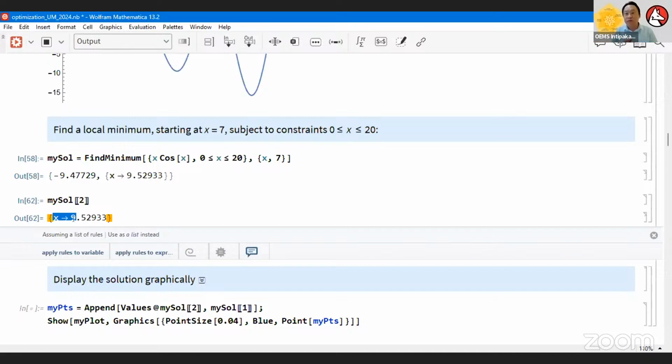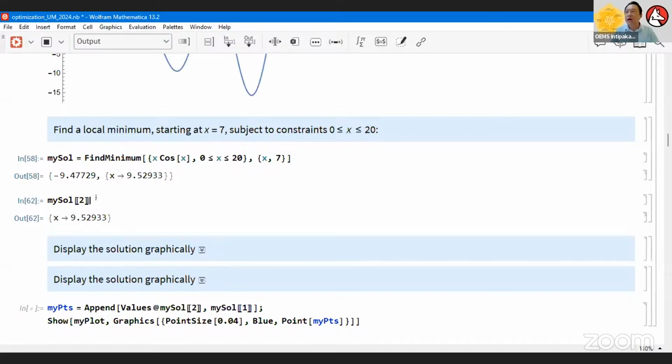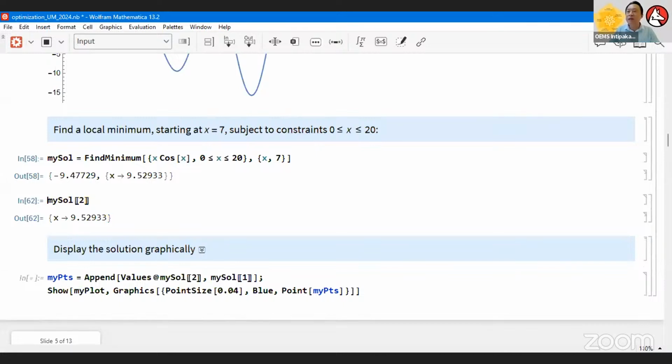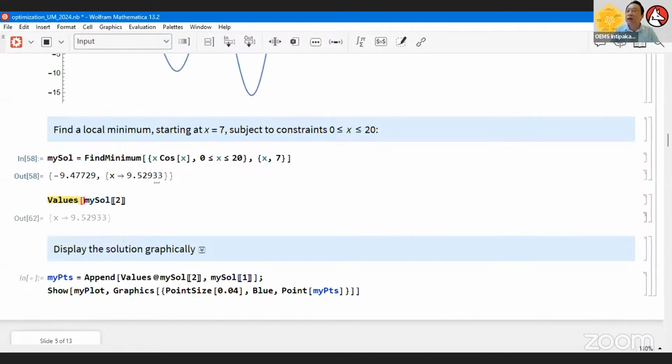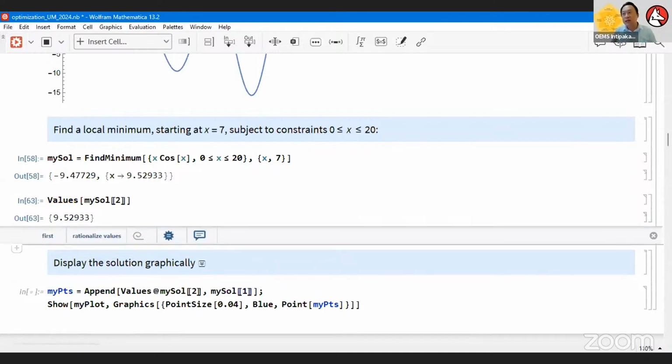If you are dealing with a lot of data exchange in a data server, people use JSON format a lot because it's like a dictionary. When this is a dictionary, it has something to do with key and value. In this case, I'm only interested in the information about value, so I just type in value, and then it will give me the x value. So I can easily extract the xy coordinate.